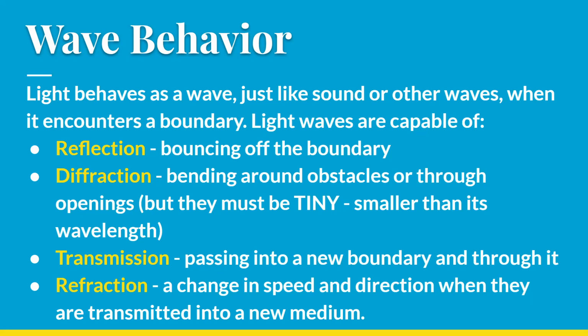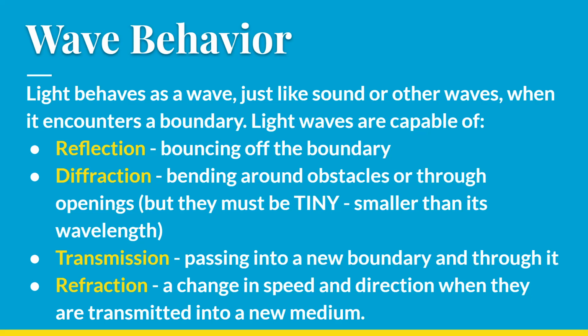But we know that light behaves as a wave, just like sound waves and any other type of mechanical waves. Light waves can undergo reflection, diffraction, transmission, and refraction, the same wave behaviors we've already talked about. And so a lot of this is going to sound really familiar as we talk about it. I will say this part's a little bit different, or side note. We talked previously about how light really doesn't diffract, at least not visible light, very well,